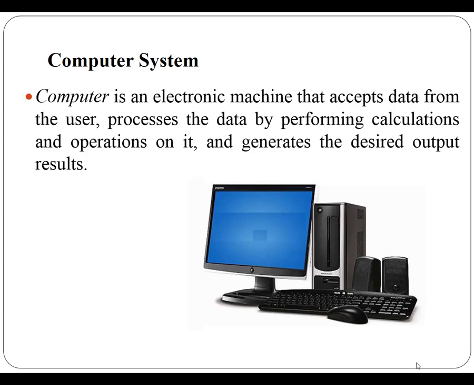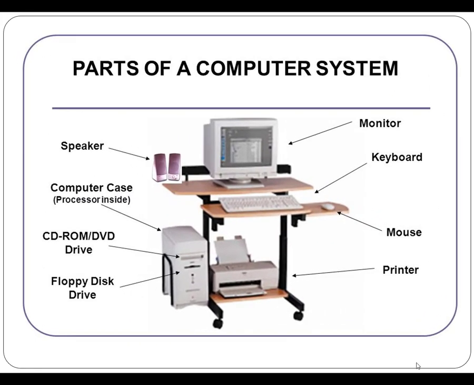But how do you give data and instruction to the computer system, and how it can return the useful information to you? So to do all these, different types of input and output devices can be connected with the computer system. Now, this diagram shows the different types of input and output devices connected with the computer system. These are all called as parts of computer system. Let us discuss one by one. We are going to start by input devices of computer system.